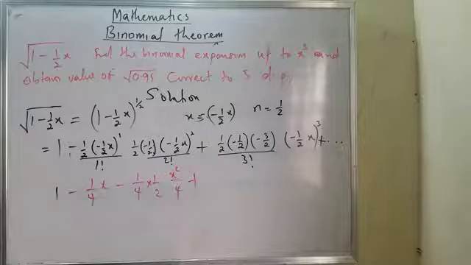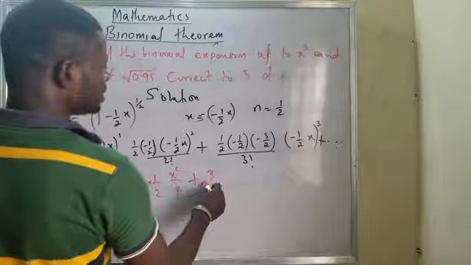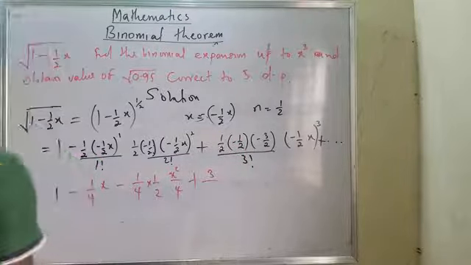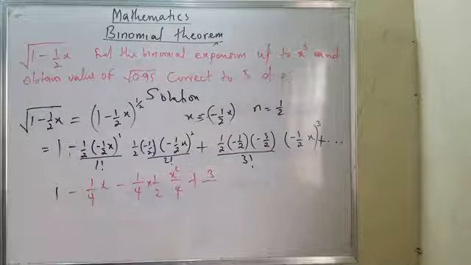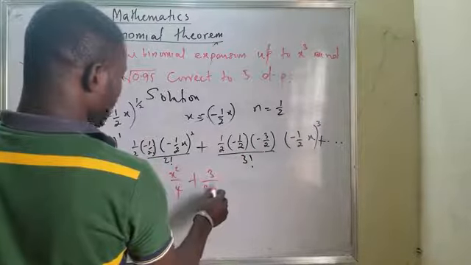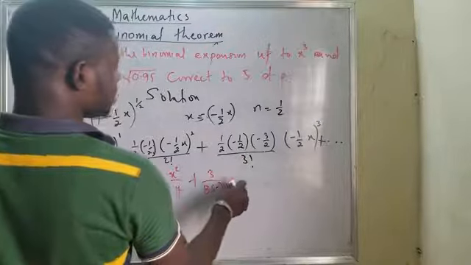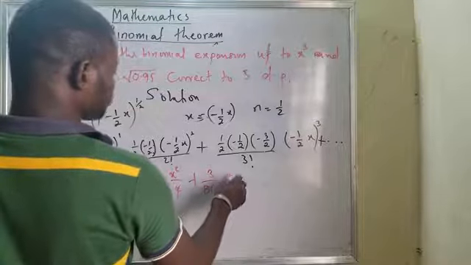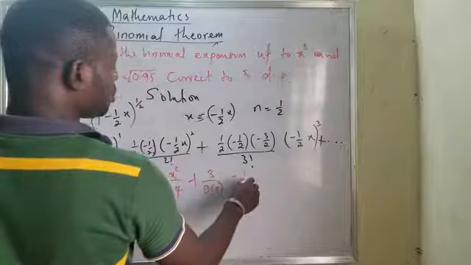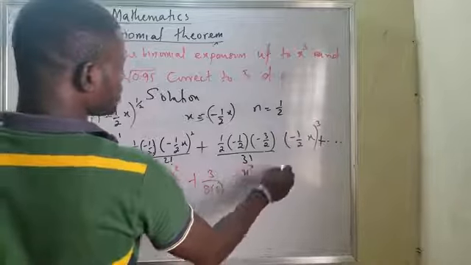I have that too, and also I'll be having x squared all over 4, and this also will be plus, we have 3 divided by 3 factorial, which is always 6. Now it means I'll be having 3, 3, 3, which is going to be 8. I can put bracket on 6, and this one will be minus 1 x all over x raised to power 3 divided